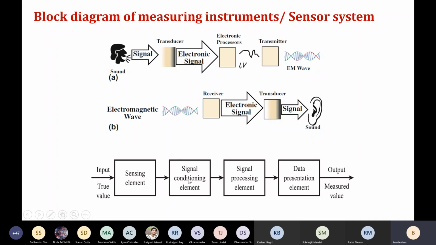And then again you need some amplification block or analog to digital conversion block as well, which will come under the signal conditioning element. Then you might require some sort of processing, like filtering operations on that signal. So under signal processing, you can include some filter operations, for example. Then finally, you have some